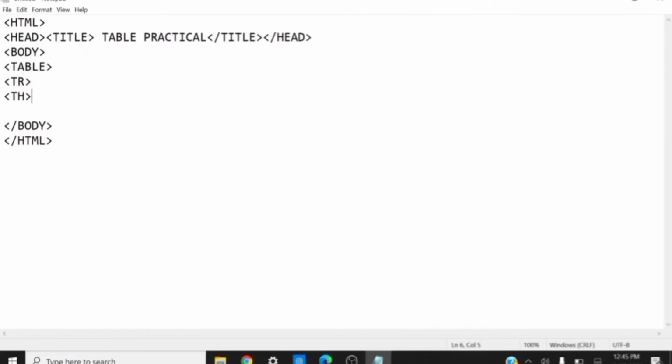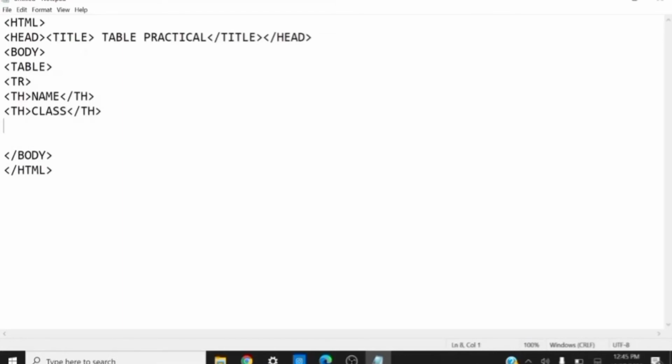Here we will write our heading. Suppose the first heading we want to insert in our table is name. Then I will write it inside the th tag. Suppose our next heading that we want to insert in our table is class. So we will write it again inside the th tag.